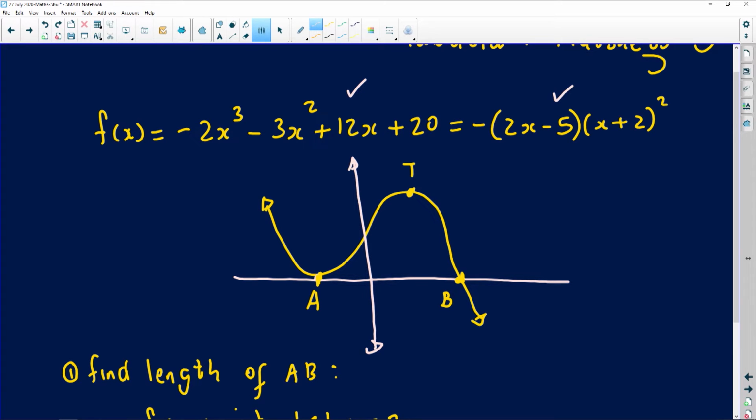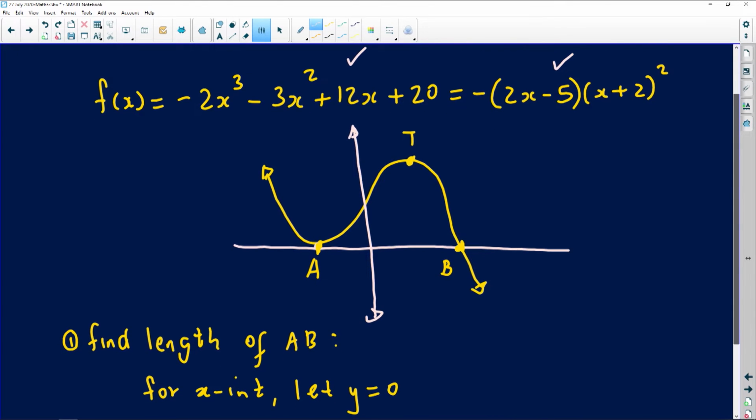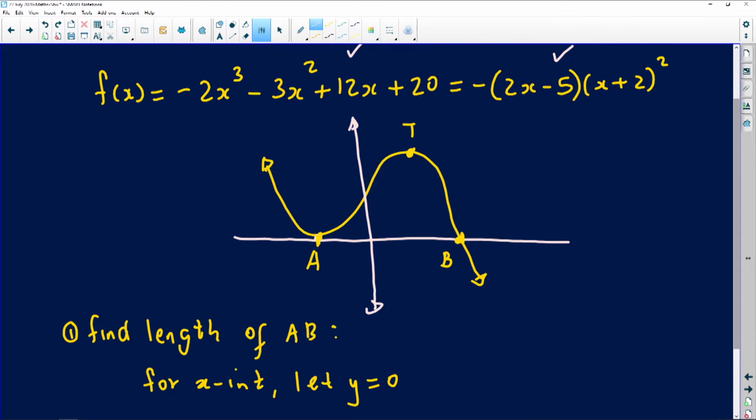So normally, you would only get the one that is on the left-hand side, the one with the cube on it, because then we want to test your abilities to factorize cubic equations. But if they are nice like now, they're just giving you the unfactorized form and the factorized form. It means they just want you to get to the answers much quicker. This is an examiner who was in a very good mood. So we will take this version, we'll take this part here and equate that to 0